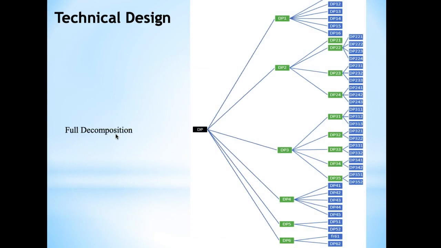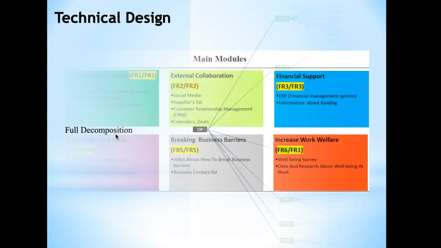So this is the full decomposition for the project. DP1 is decomposed again into DP11, DP12, etc. And the same thing applies to DP2. It has been decomposed into DP23, DP24, and you can clearly see that DP23 is further decomposed again until you are satisfied with the solution you have and you don't want to decompose anymore. So at this stage, you are now ready to implement with these design parameters that you map into process variables.